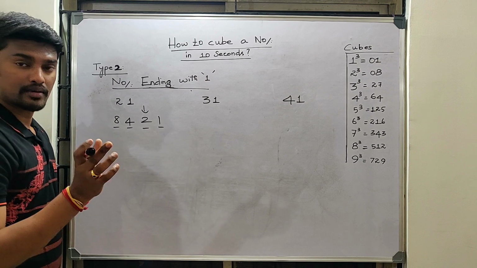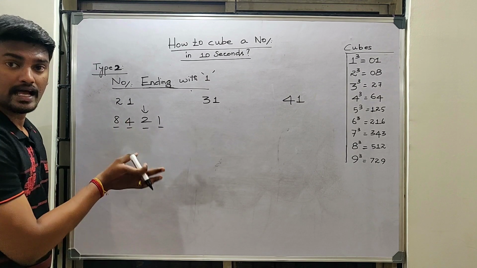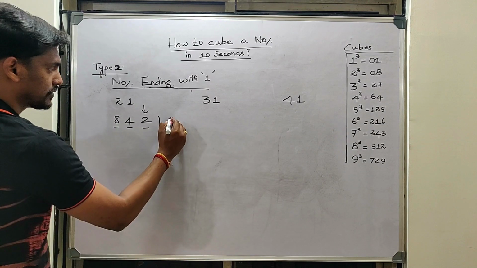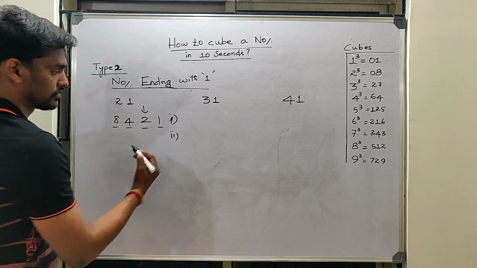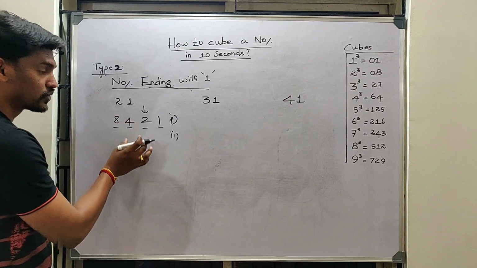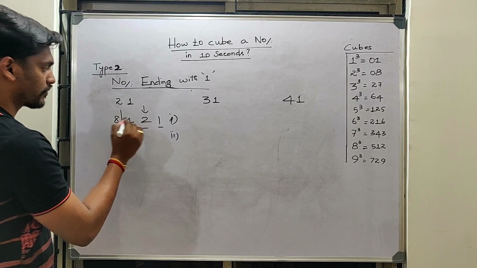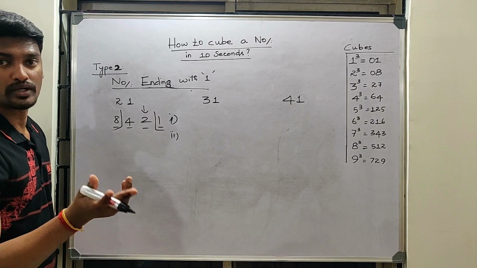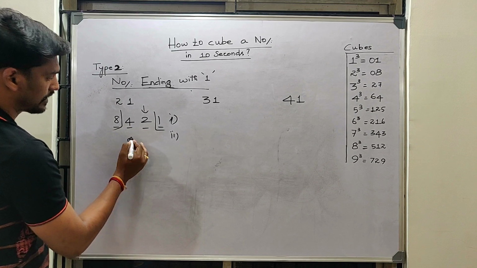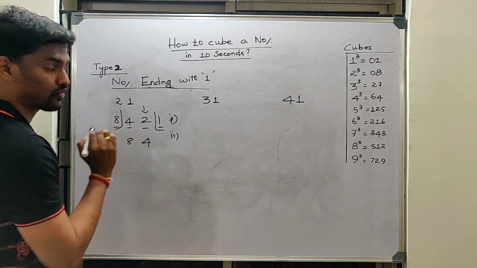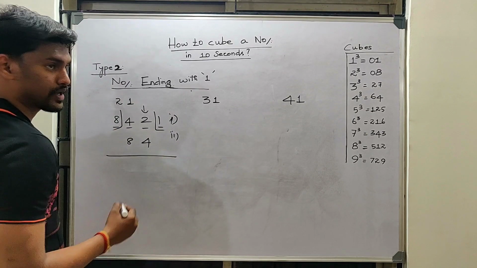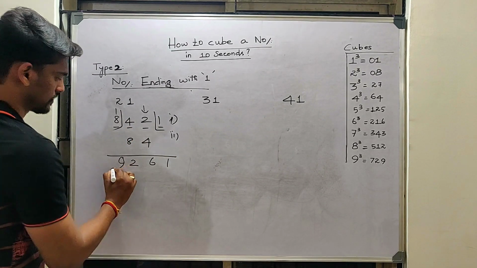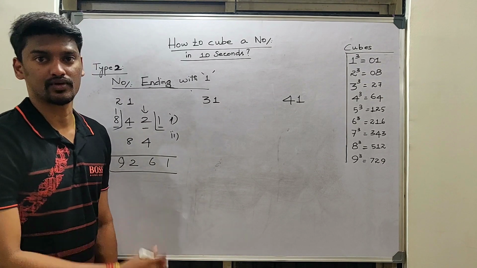Okay. So just remember carefully. So this step is exact opposite of type 1. Okay. So this will be step 1. In step 2, I am going to do the same thing which I have done in type 1. I am going to remove the first and the last digit. I am going to take the middle two numbers and I am going to double it. So if I double, I will get 8 over here and 4 over here. So then a normal addition you have to do. So 1, 6, 2, 1. So 9, 2, 6, 1 is the answer for this question.